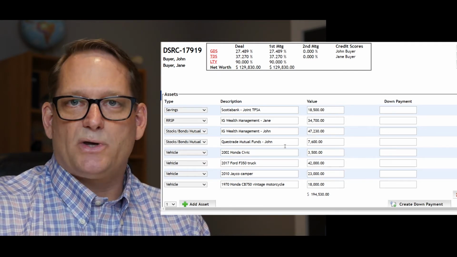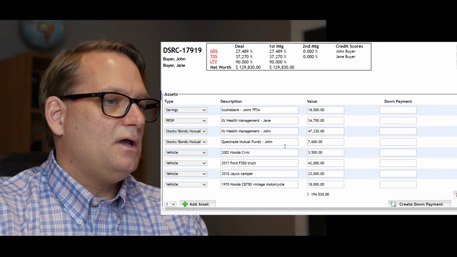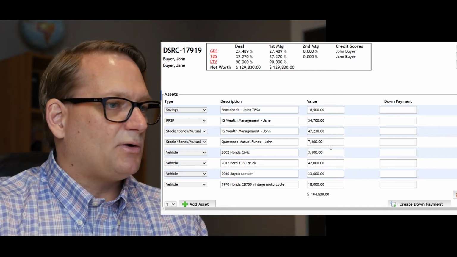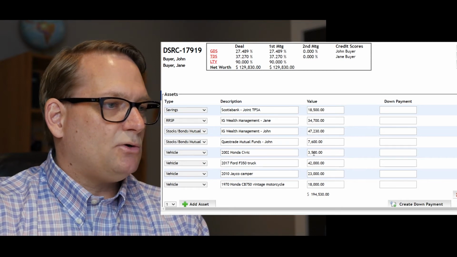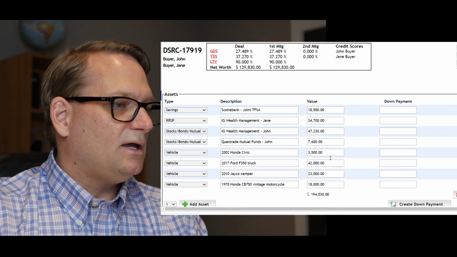Then John also does some Questrade investing on his own. So he's got about $7,600 of mad money investing in a different account here, just under his own name, that he's managing himself. So as far as vehicles go, they've got a 2002 Honda Civic worth about $3,500, and they've